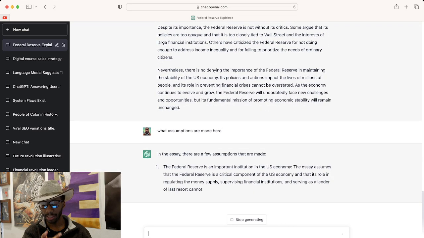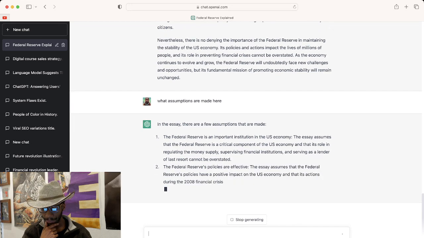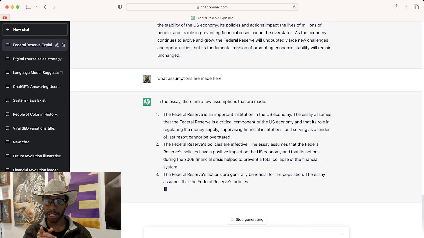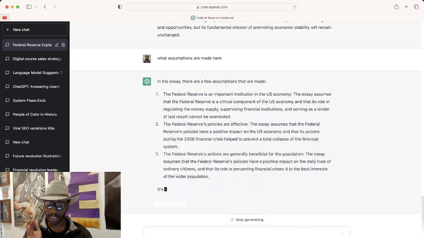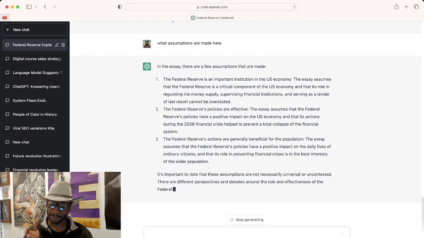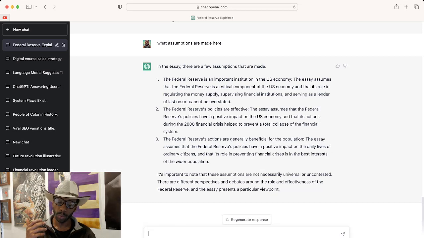It's even telling me that there are some assumptions made. So you always want to fact check ChatGPT, right? Right now, ChatGPT only has information based on 2021, I think, but you guys do your own research and double check that. You always want to ask ChatGPT questions like, is this information legit? Because we're in the early stages of these language models, and it's just pulling different information that it has in its database.